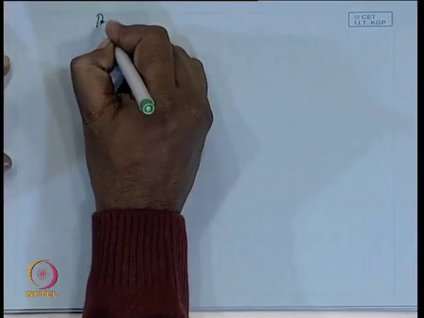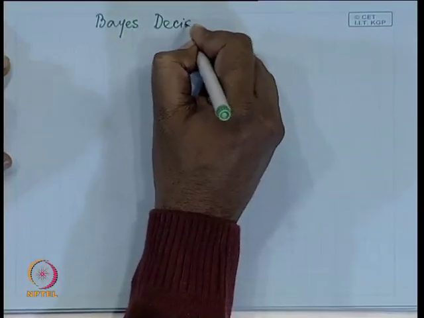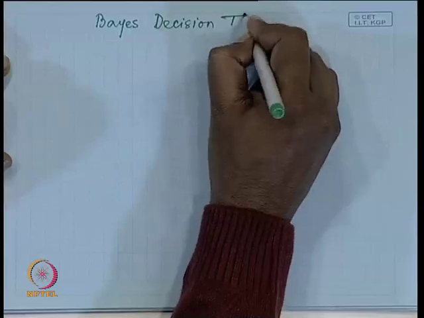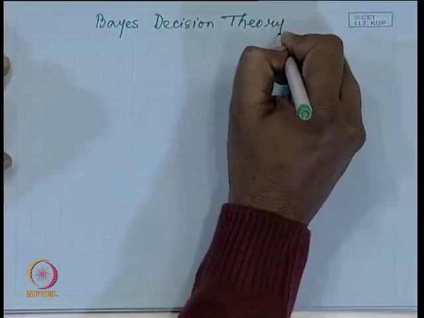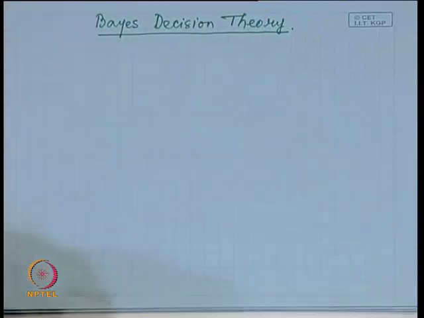Now, let us come back to what I said will be my topic of discussion today, that is Bayes decision theory. Now, to discuss this Bayes decision theory, let me take a very simple example. The example is,